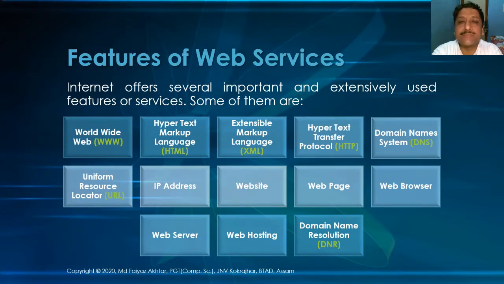The internet offers several important and extensively used features or services. Some of them are mentioned here. We know that the internet is a vast network of networks and a huge collection of many types of information and services. Through the internet we can send emails, we can talk with each other, video conferencing is there,